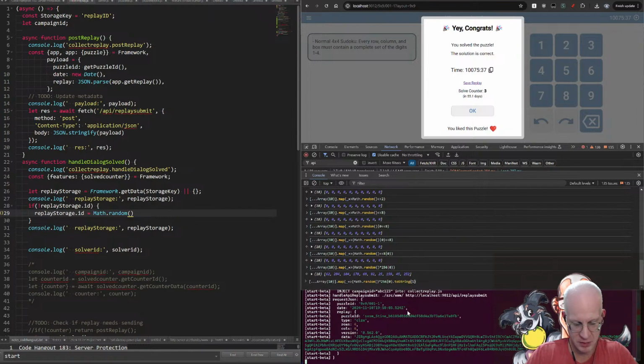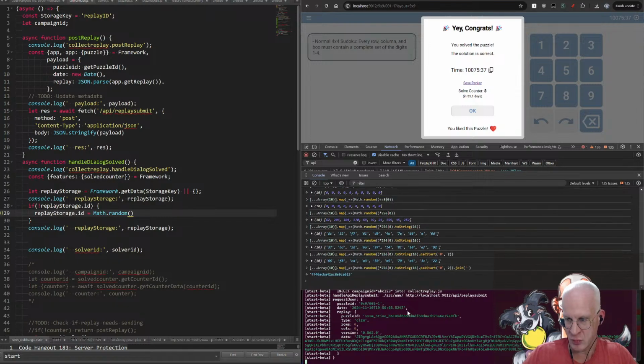To string 16. Add start. Wait. Add start. Yeah. Okay. Add start 0, 2. Boom. Dot join. Boom. So that should always get us 20 hex digits,